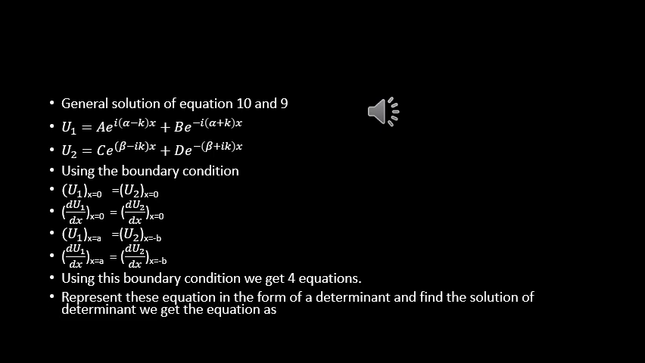The general solution of equations 10 and 9 is as follows. Determine the values of a, b, c and d. We use the boundary conditions. Here u1, u2 and their first derivatives are continuous, which means that u1 equals u2, and the first derivatives of u1 and u2 are equal. Using these boundary conditions we get 4 equations. Represent these equations in the form of a determinant, and find the solution of the determinant. We get the equation as